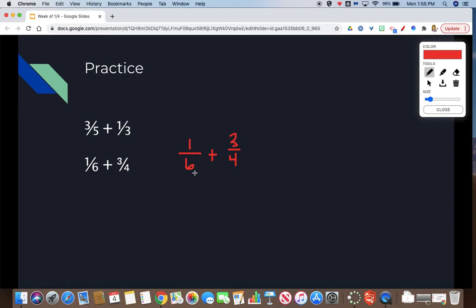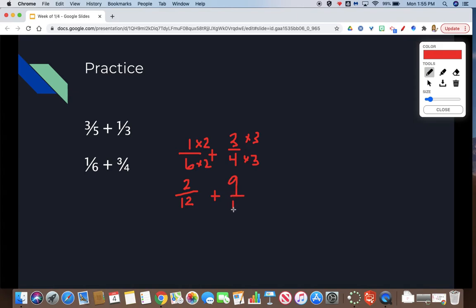It would be 12. How would I get my 6 to turn into 12ths? I would multiply by 2. So that means I want to multiply both of the pieces in that fraction by 2 to get to 12ths. How would I get fourths up to 12ths? Multiply by 3. That means I want to multiply both of the pieces in that fraction by 3 to get that fraction up to